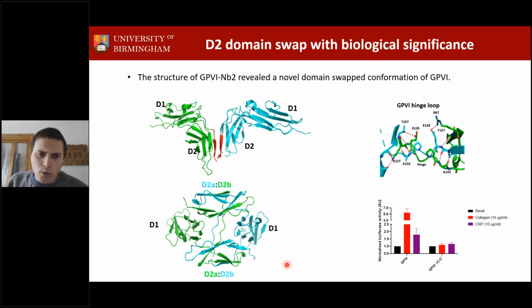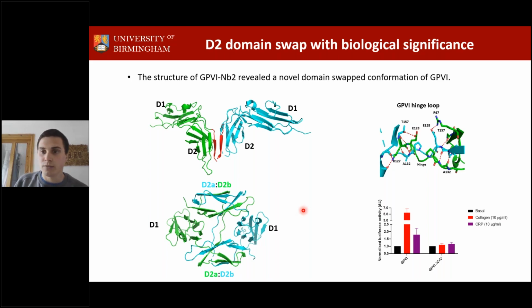And then we did a quick experiment where I took this loop region here. This loop is critical for the formation of this domain swap, and I actually truncated it. If this loop in the original structure is not critical, so essentially if the top structure is real, this truncation wouldn't really do anything. Whereas if our domain swapped conformation is a biologically significant conformation, then we would see some